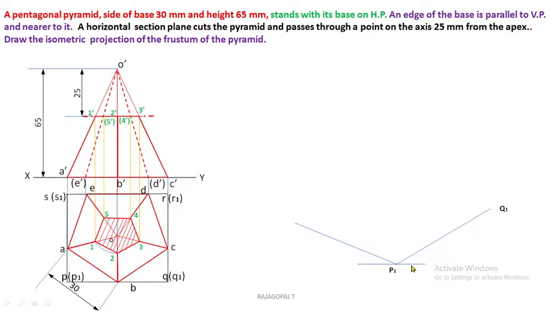Here P1 Q1 and P1 S1 must be 30-degree inclined to this reference line. 30-degree, equally inclined. Isometric. Iso means equal. So metric measurement equally inclined. So P1 S1 also 30-degree. P1 Q1 must be 30-degree inclined, and P1 S1 length has to be measured from this rectangle. Afterwards, we have to convert that measurement into multiplied by 0.82 times. And similarly P1 Q1 can be measured from this rectangle and converted into 0.82 times.